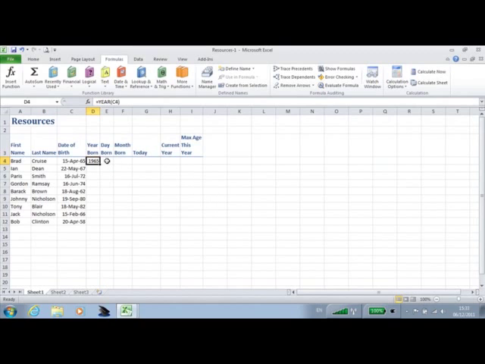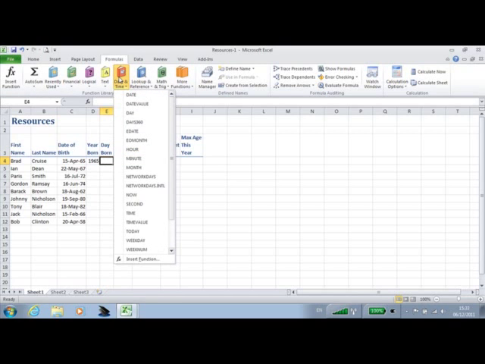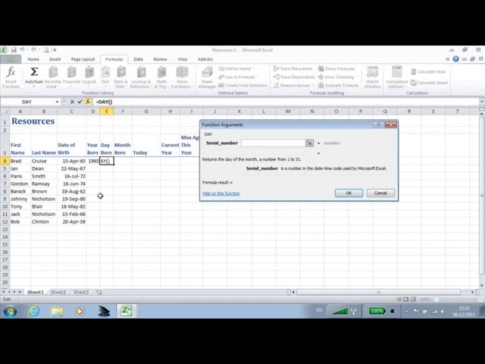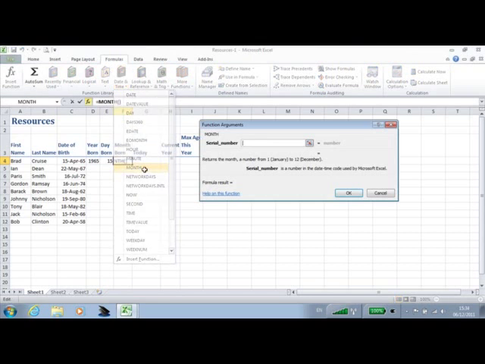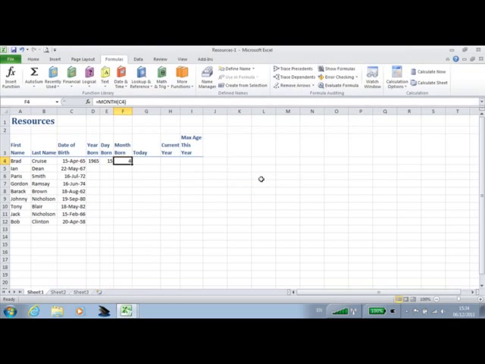Let's now use another date function, the DAY function, to return the day on which Brad was born into cell E4. So I click in cell E4, it's the Date and Time group again, the DAY function, and once again I'll pick up his date of birth. And I can see that the day on which Brad Cruz was born is the 15th. Let's now return the month in a similar way. That's the Date and Time group, the MONTH function, and the serial number is his date of birth again. And I can see that Brad Cruz was born in month 4, because April is the 4th month of the